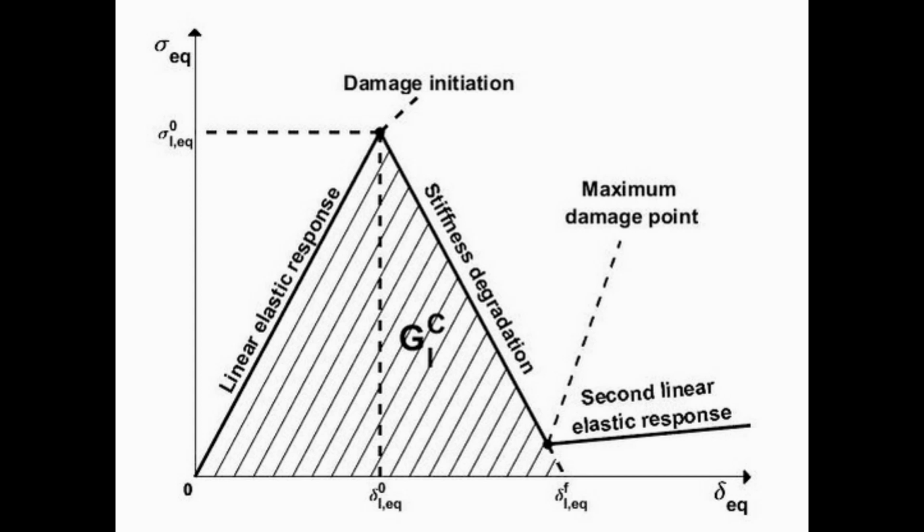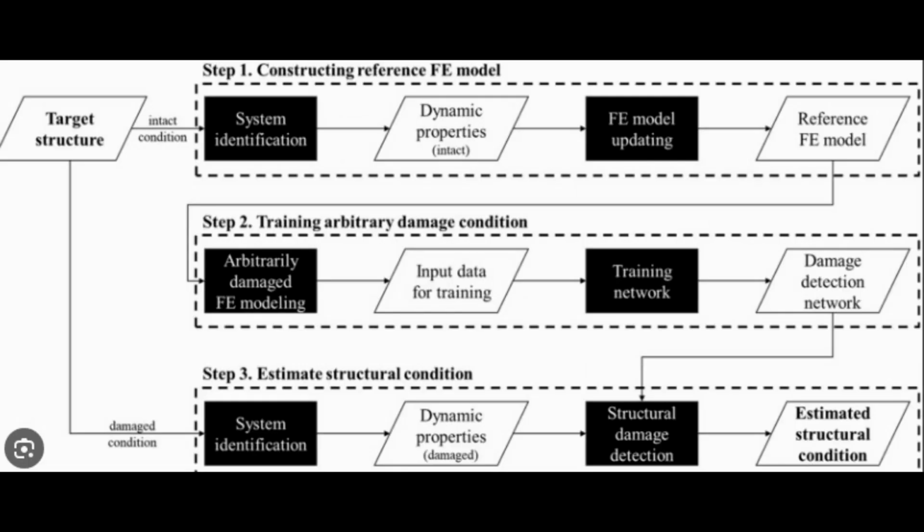Commonly used damage models include linear damage accumulation models, damage mechanics models, and cohesive zone models for crack initiation and propagation. In summary, a failure model defines the criteria for considering a material as failed based on stress or strain conditions. A damage model predicts the evolution and accumulation of damage within the material, offering insights into material degradation before